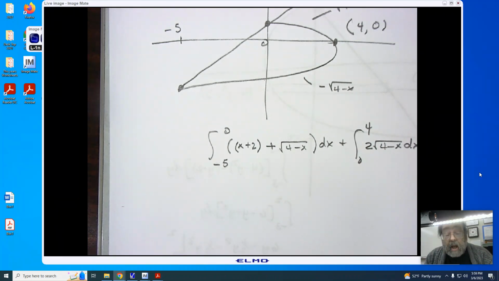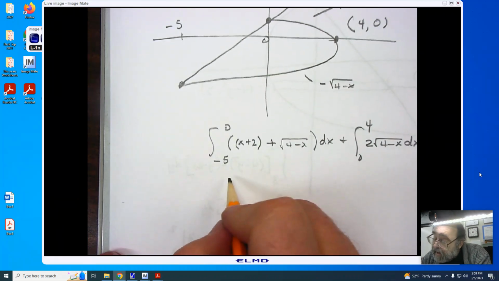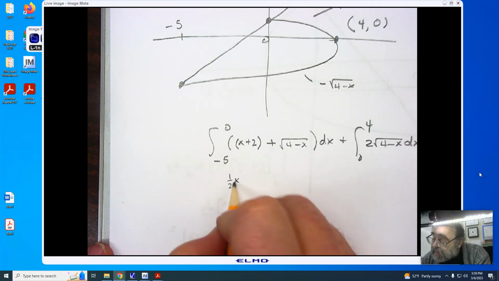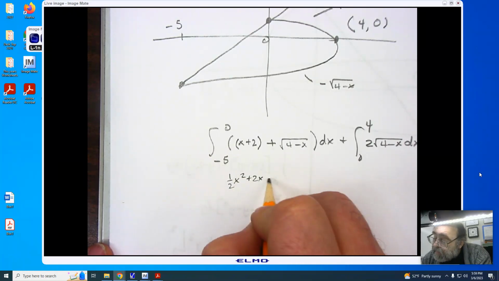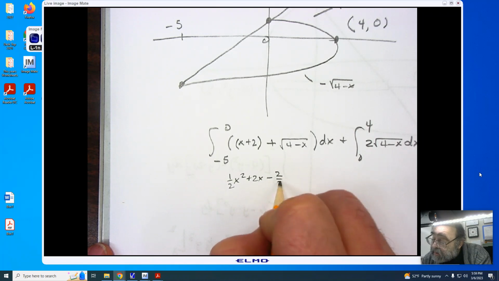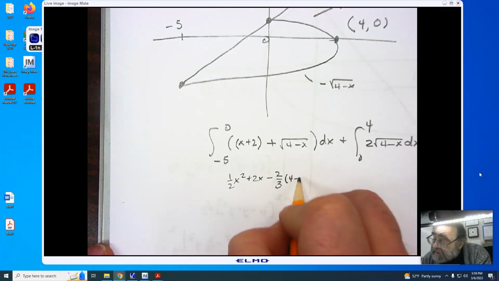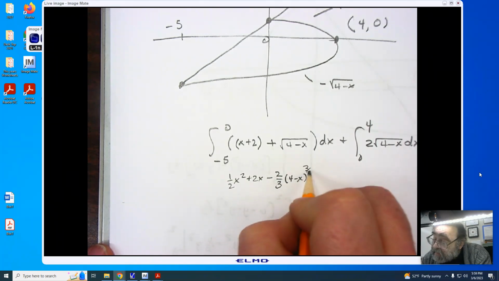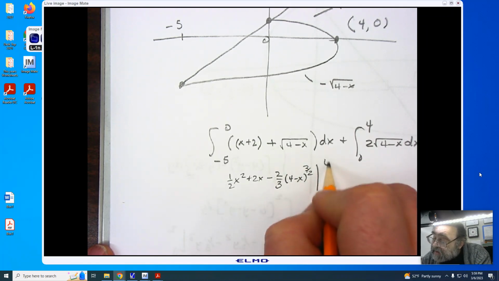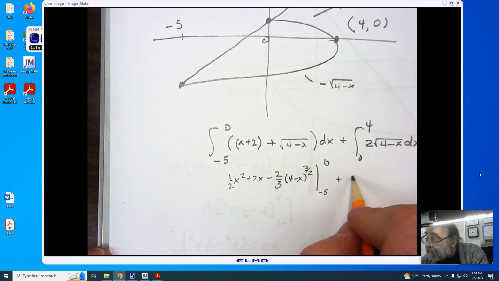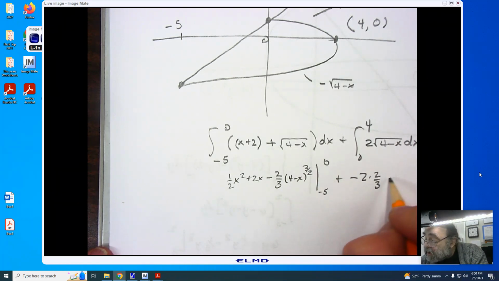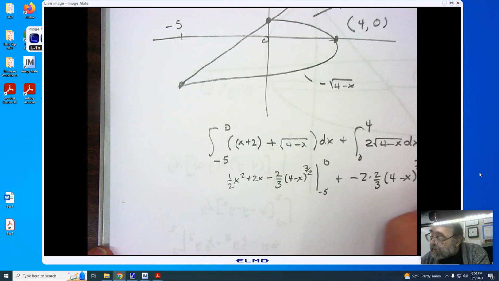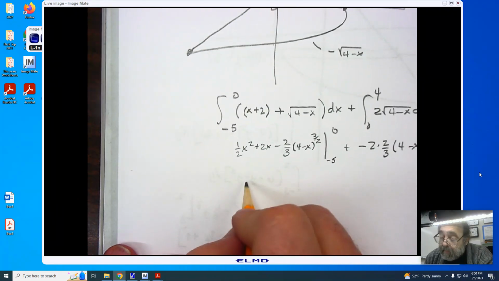Now you'll notice this is a lot more work, and as we go through, we end up having 1/2 x squared plus 2x minus 2/3 times 4 minus x to the 3/2 power from -5 to 0. And then we are adding -2 times 2/3. We have 4 minus x to the 3/2 power, and we're going from 0 to 4. We're now going to plug it in, and we get